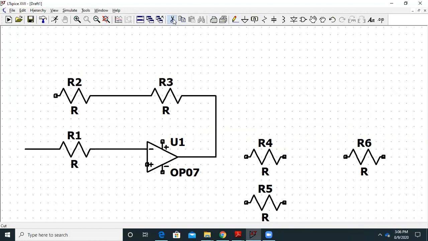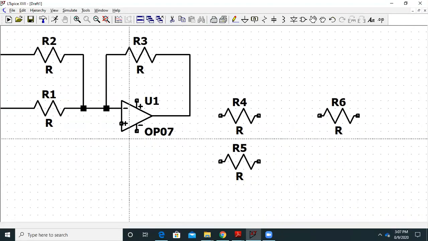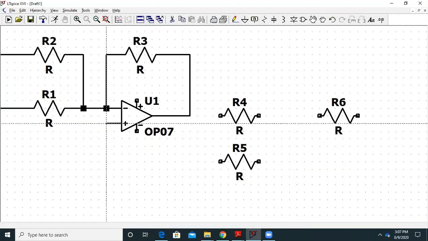This connection goes down like this, and this resistor will go down like this. At the left hand side of this resistor, we will connect the input. So the inverting terminal is already taken care of. The non-inverting terminal will go to ground.